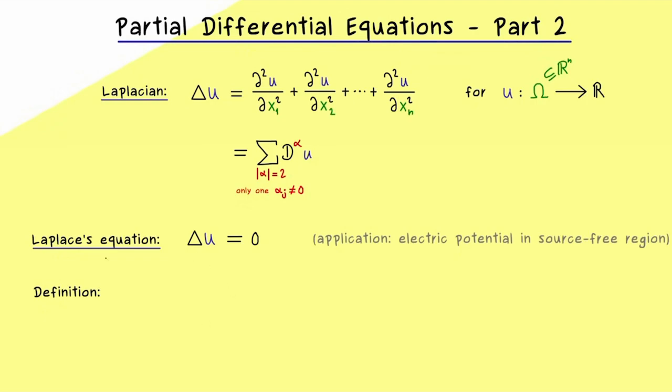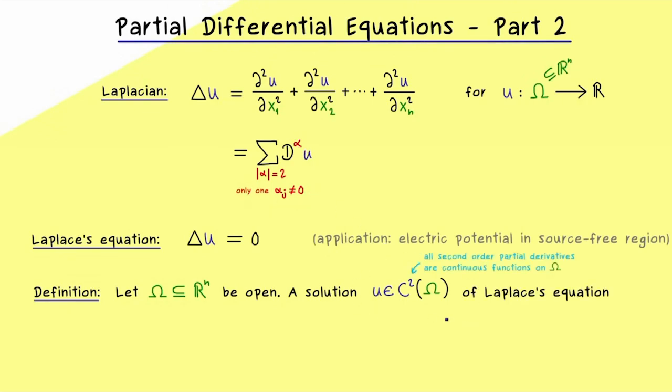And in fact, at the end of this video, we can immediately write down some solutions of this PDE. However, first I should tell you that the solutions of this equation have a special name in mathematics. More precisely, we want to have solutions on an open set omega and where the partial derivatives of second order are still continuous functions. So in short, this means we search for a function u in C2. So you know this is the common notation for continuously differentiable functions up to order 2. So obviously for these functions we don't have a problem applying the Laplacian. And in the case we get out 0, we speak of a harmonic